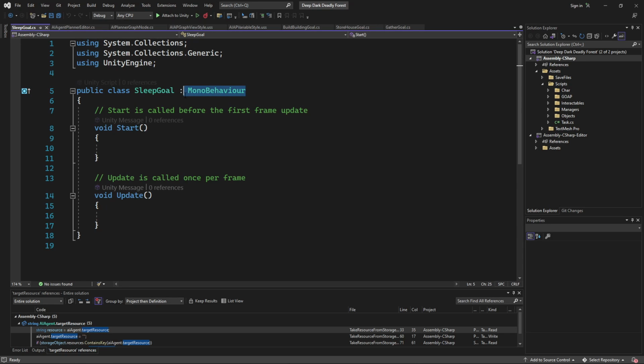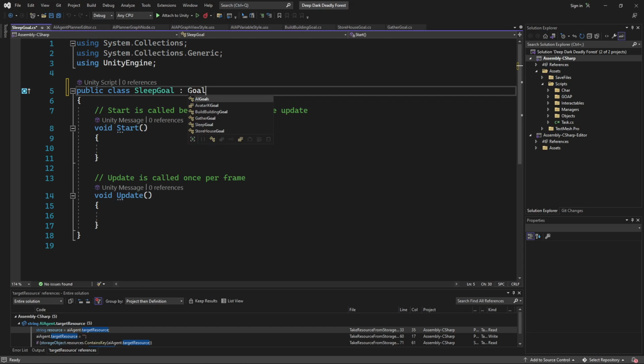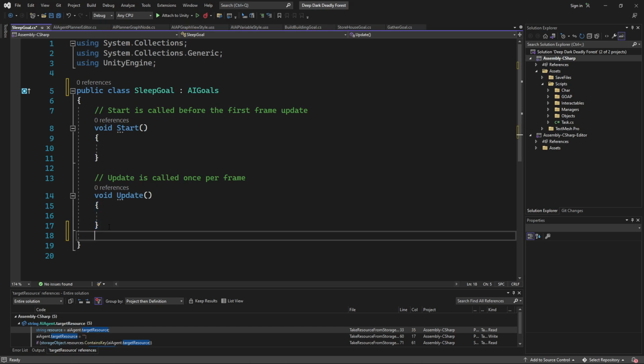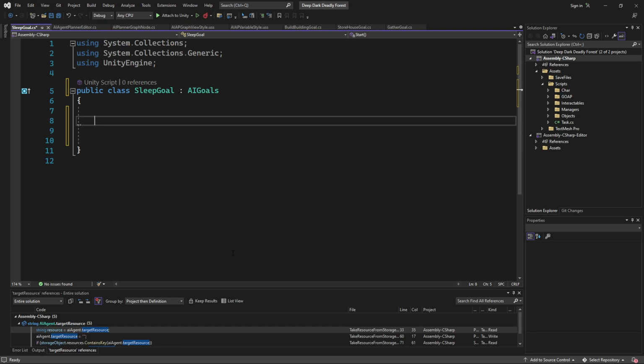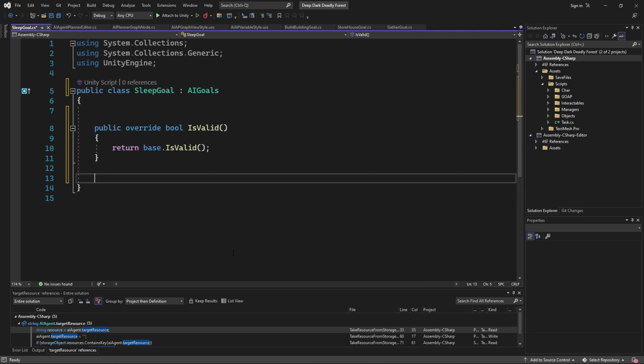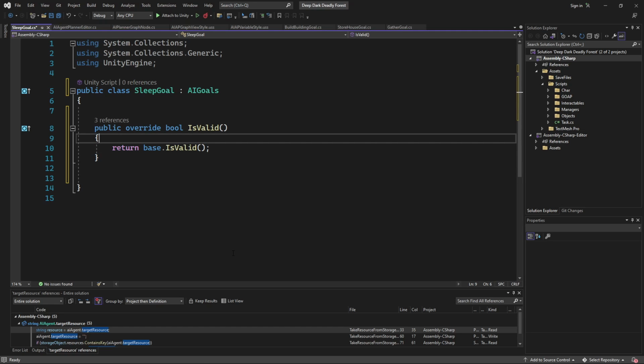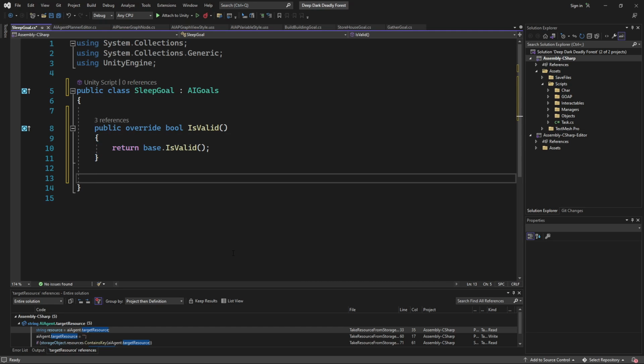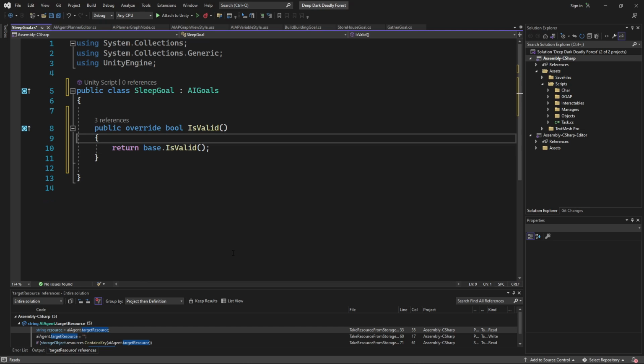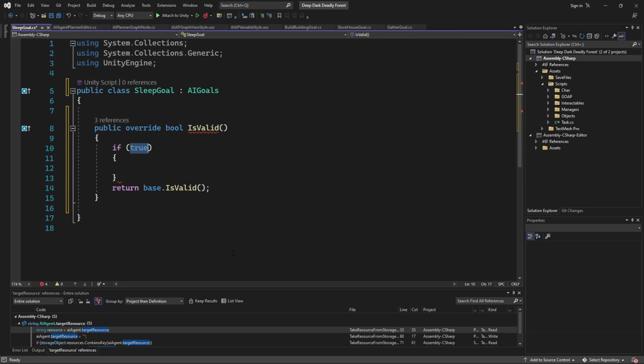Change this to goal, and override is valid. And we're not going to have any of that. Well, actually, the goal for the sleep, if AI